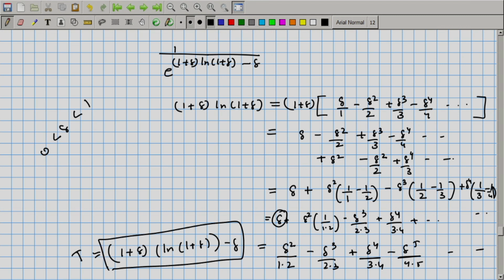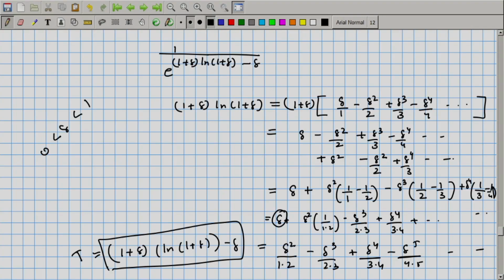Since it is always positive, whatever is the value of the expression at 1 is going to be smaller than the values at all higher delta. Okay. So, if delta is greater than or equal to 1, then this expression p is going to be less than the value at 1, which is going to be 1 by e raised to 2 log 2